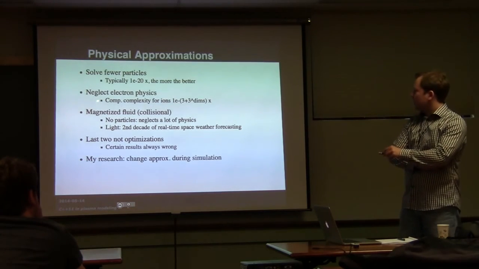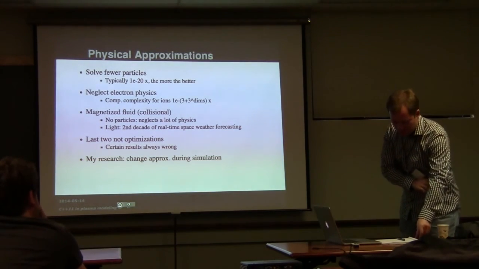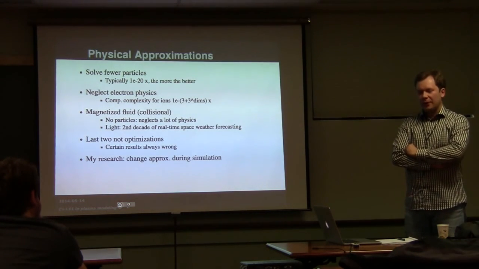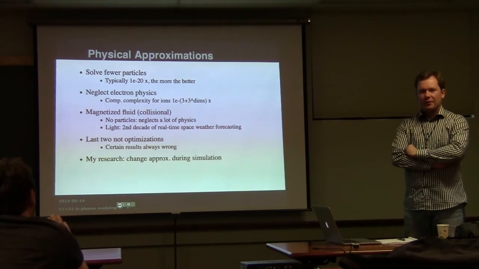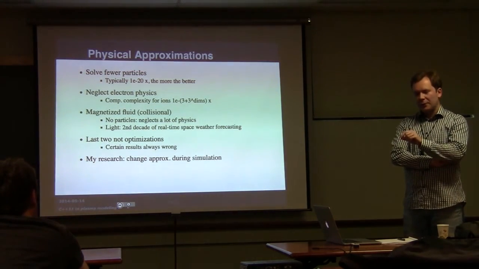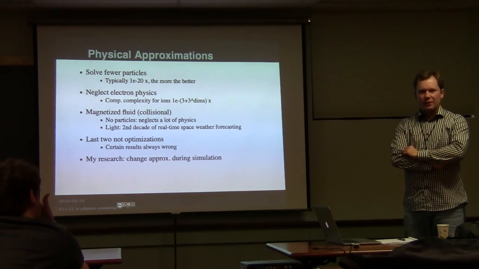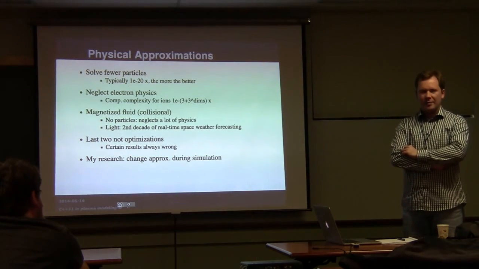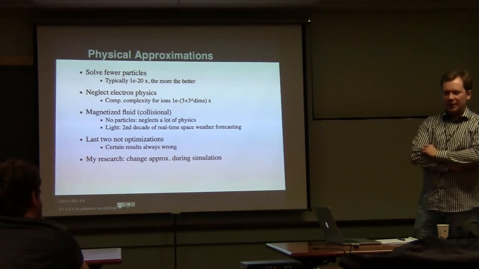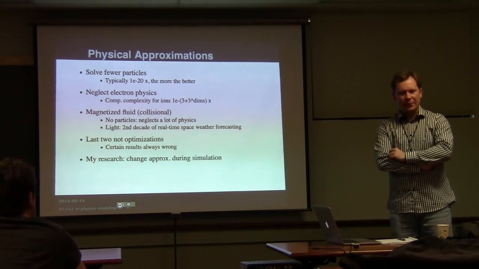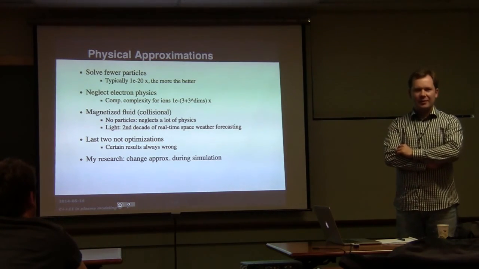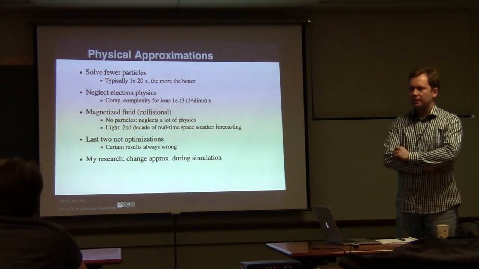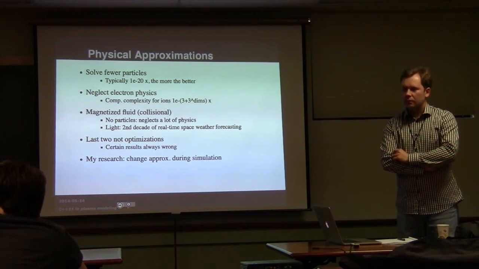But for example, these kinetic codes, you have a lot of particles, like thousands of particles at best in each cell, and then you have millions of cells or more. So the total amount of memory required is terabytes easily. So you need many nodes in the supercomputer and many cores with about 1 gigabyte of memory for each core.